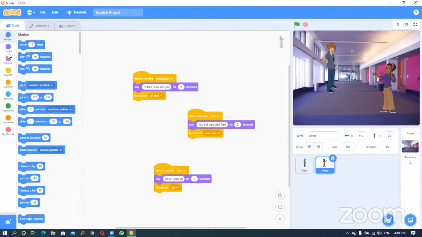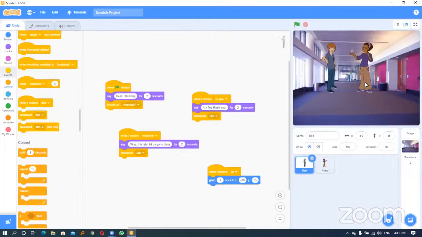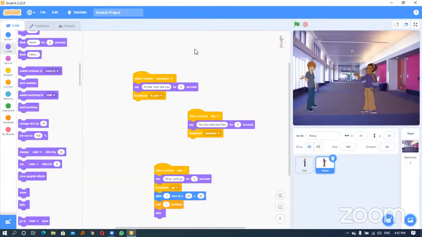You come to Looks and then say this to that person. Let me check what errors there might be in the code. Like this one, I don't need to drag. So when I click the green flag, it says